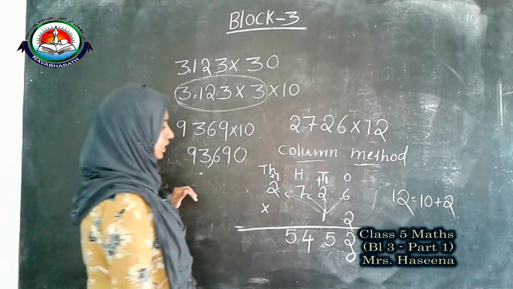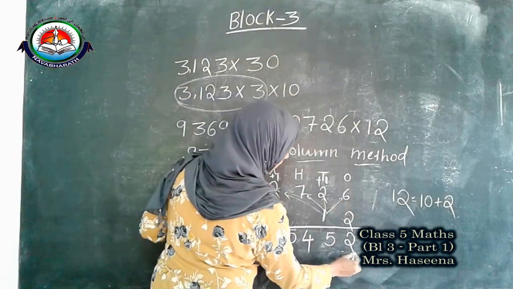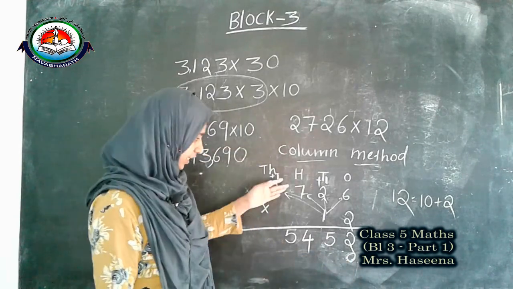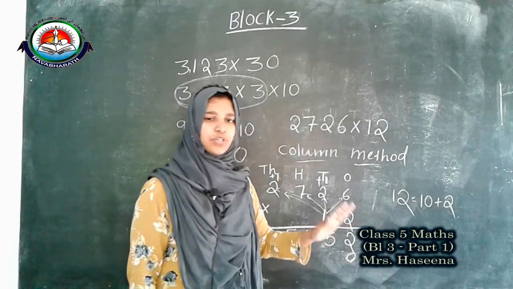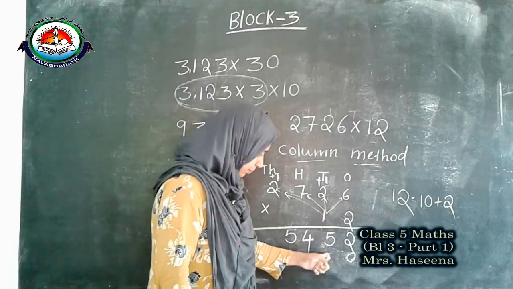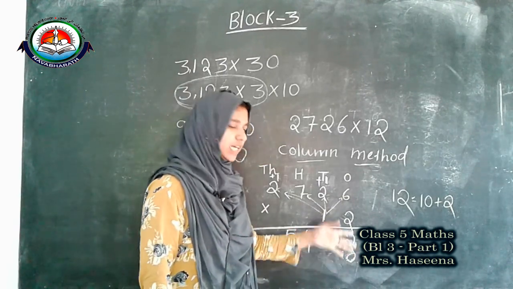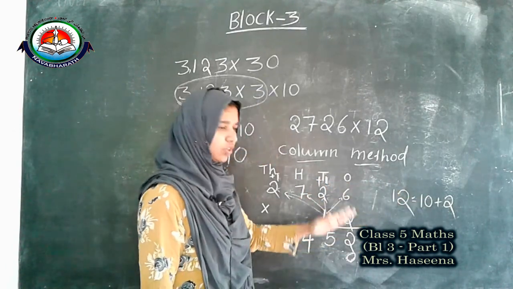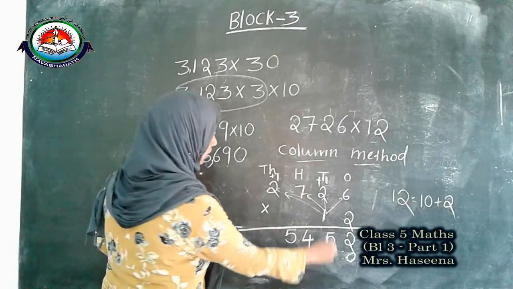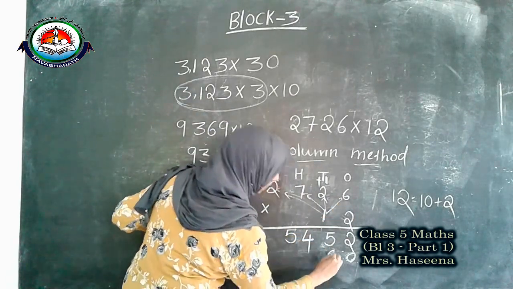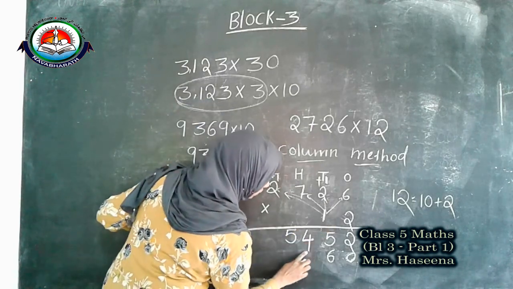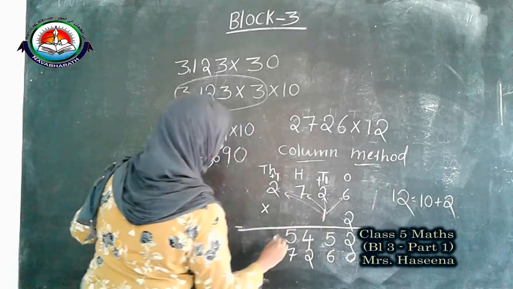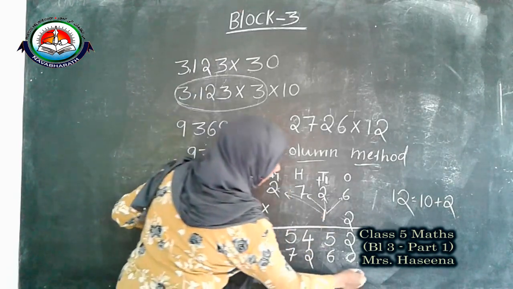Okay, then no mistake. Then multiply. First we write the 0 to avoid mistakes. If you are not writing the 0, also no problem, but your number may reach here or the middle and you will have confusion. If we write the 0 properly here, no mistake. Then multiply. 1 into 6, 6. 1 into 2, 2. 1 into 7, 7. 1 into 2, 2.